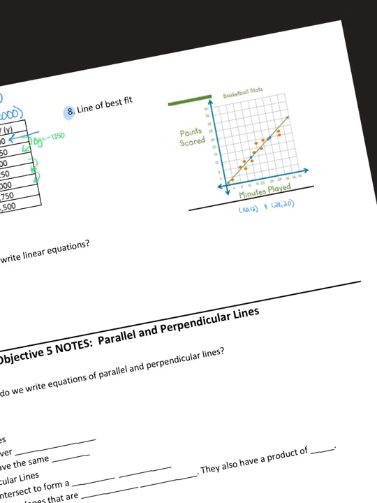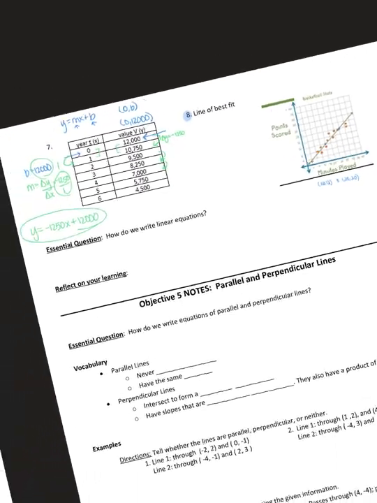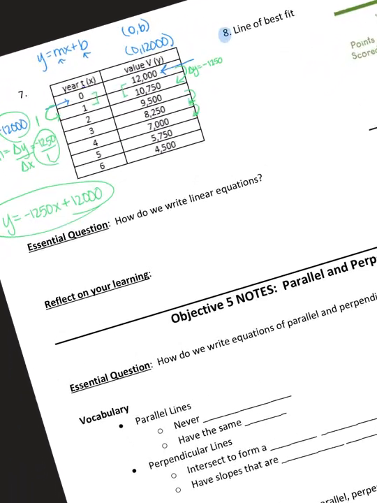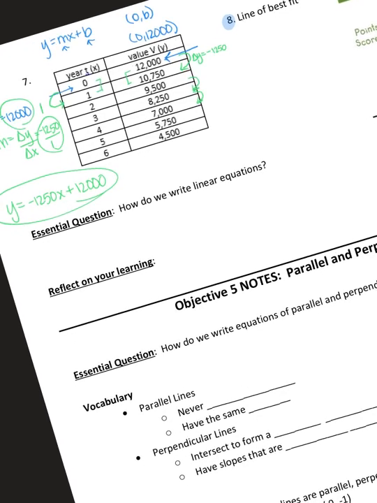All right, so to answer our essential question, how do we write linear equations? So the 2 parts that we need to substitute in are the slope and the y-intercept. So we're going to find the slope, which we call m, and the y-intercept, which we call b, and substitute them into